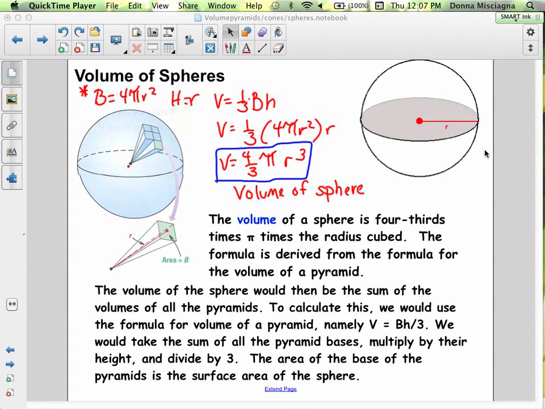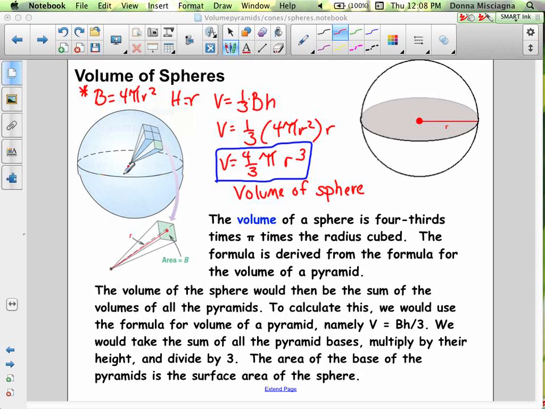And so let's learn how the volume formula for spheres was derived. All right, so imagine, if you will, we have filled the sphere with all these teeny tiny little pyramids. The pyramids go from the center. Here's the center of the sphere, that little red dot. It goes from the center of the sphere out to the surface of the